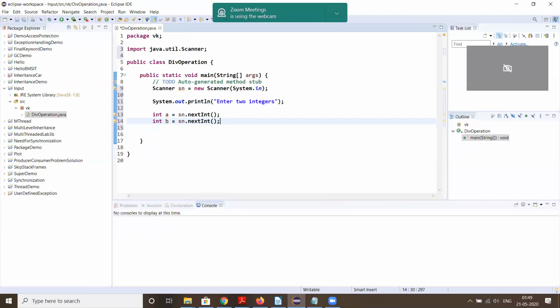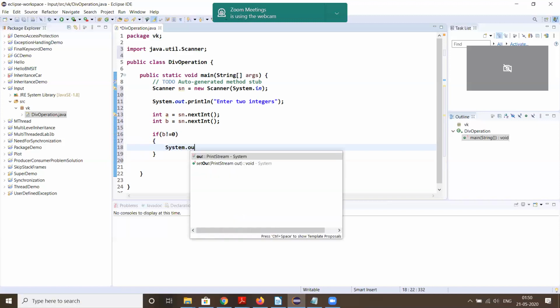Before we perform the division operation, we need to check the value of B for 0. If B is not equal to 0, then we can perform the division operation.